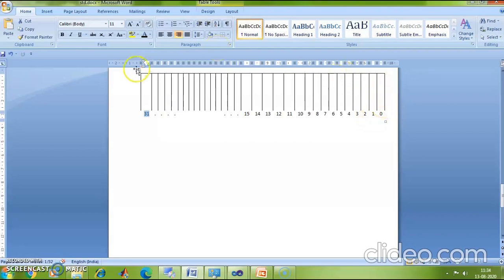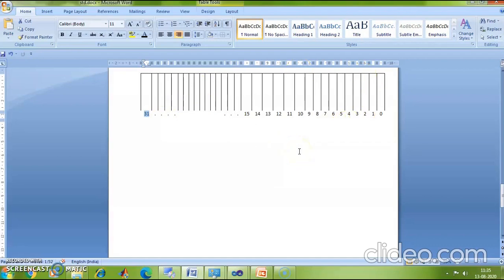So an integer variable will hold how many bits? 32 bits in total. Okay. So what is the maximum number that this variable can store? The maximum number that this variable can store would be 2 raised to 31 minus 1.